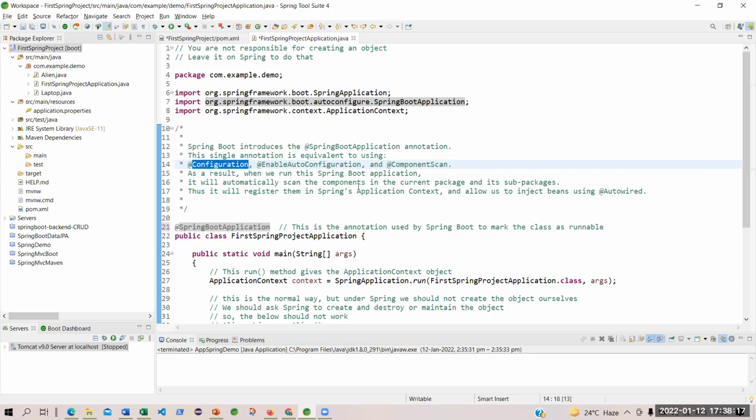Remember the annotation WebServlet. Whoever has done JSP servlet will remember that the WebServlet annotation has taken away the use of web.xml. Otherwise, you have to write so many things under web.xml. People who have done sessions with me on JSP servlet, can you respond whether that is true? Yes, sir.